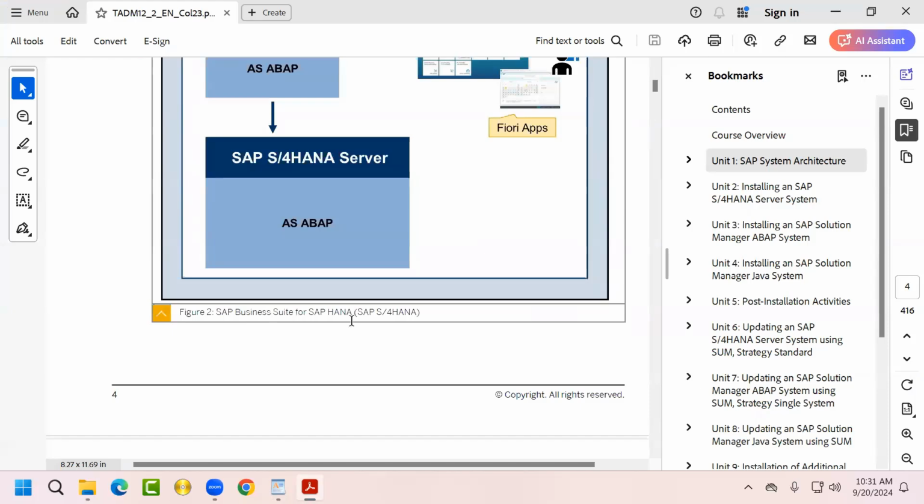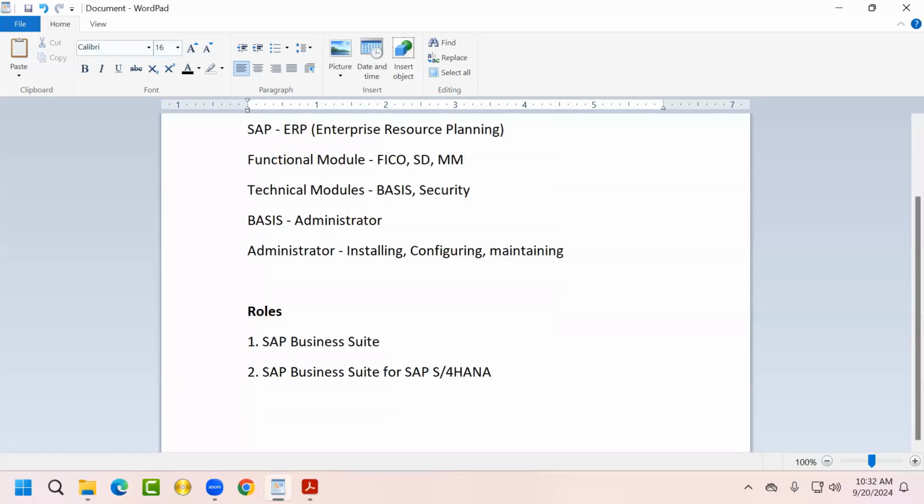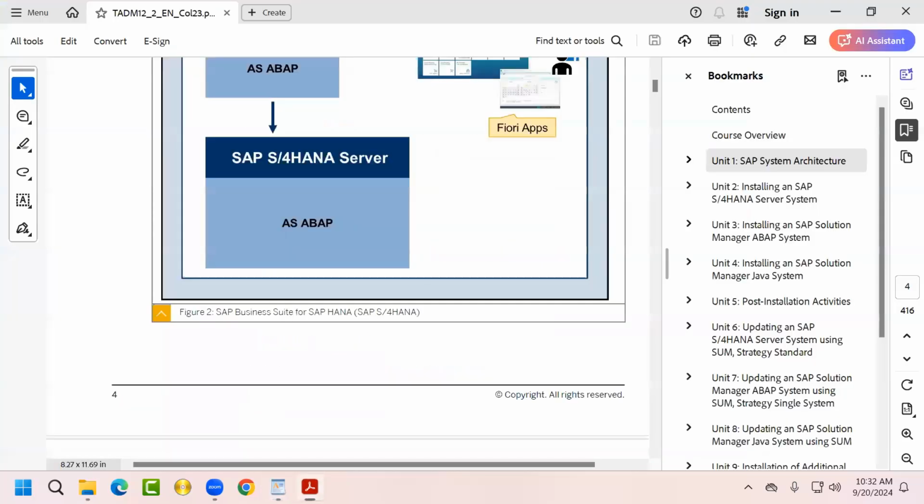SAP Business Suite for SAP S/4HANA, another topic. It is one of the topics. You must learn this one. And you want to know the difference between this SAP Business Suite and this SAP Business Suite. So that is one of the topics you must know in SAP Basis training. Next,